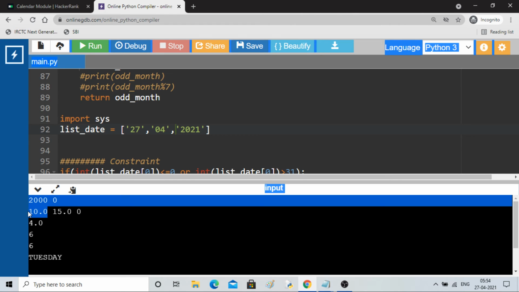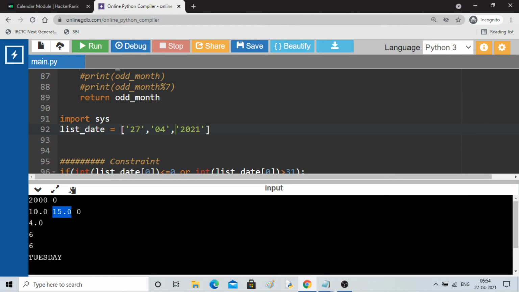Then you have calculated for leap year and normal year, and here you can print how many mid-year odd days. So mid-year odd days is 0, right? So 2000, and you don't have to calculate the odd days of the mid year.